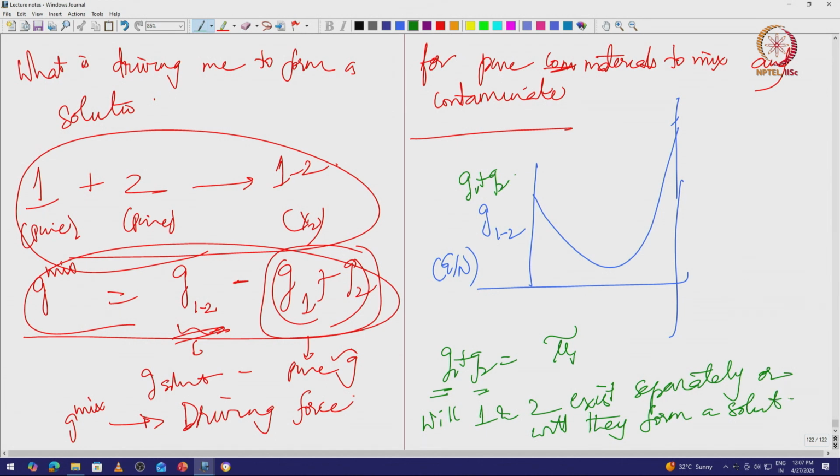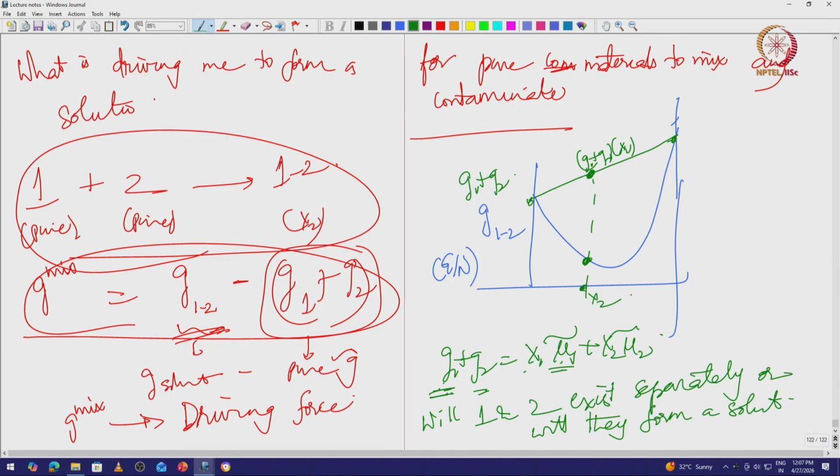If they exist separately, G1 plus G2, right. So, G1 is pure 1, that is I have X1 composition of pure 1 and pure 1 so has a chemical potential of mu1 tilde, right. So, G1 will be X1 mu1 plus X2 mu2, right. Now, X1 mu1 plus X2 mu2 is this curve, right, given at any X2, this is the X2 of interest for me. At that X2, X1 mu1 plus X2 mu2 has this value, right. So, this is G1 plus G2 at X2,